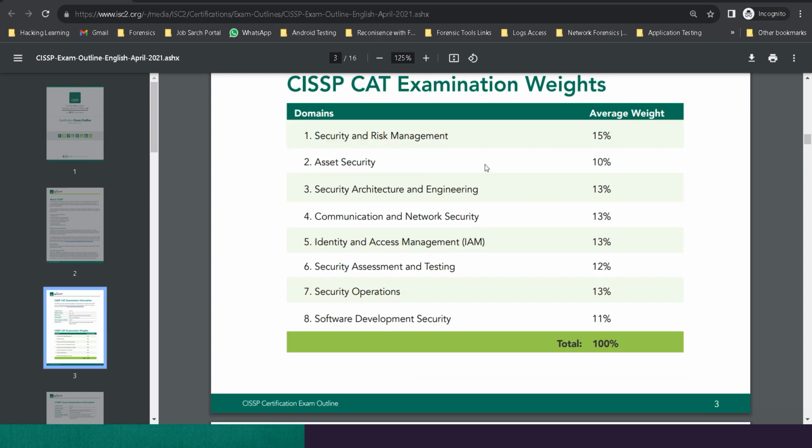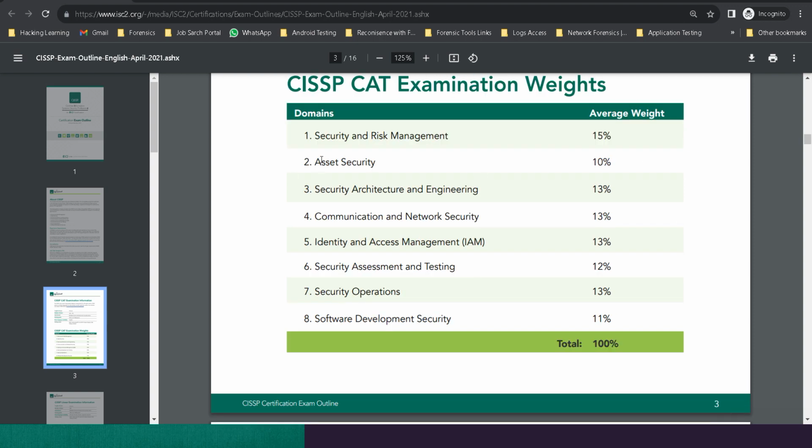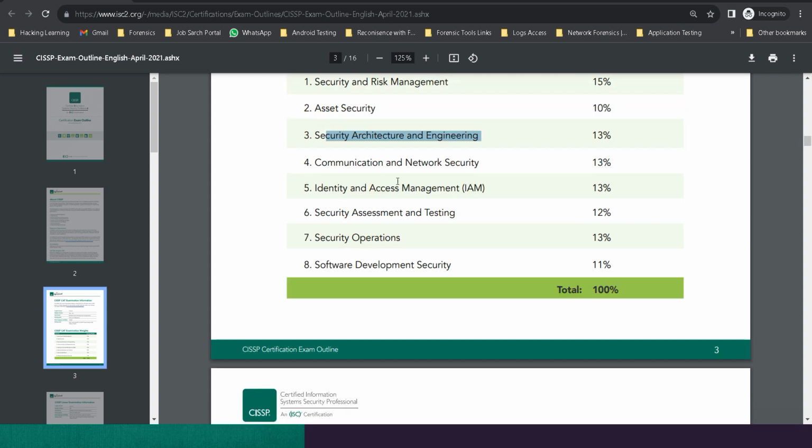So what can we cover in these domains, what is the average weightage, what percentage do you need to cover, and what questions will you be getting. The first domain is security and risk management. Here we need to cover 15% of the syllabus. If you're talking about 100%, it carries only 15%. Asset security is again 10%, security architecture and engineering 13%, communications and network security 13%, identity and access management 13%,